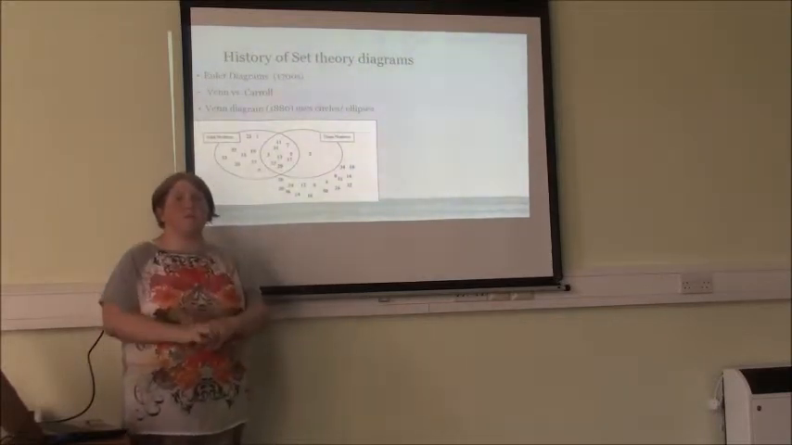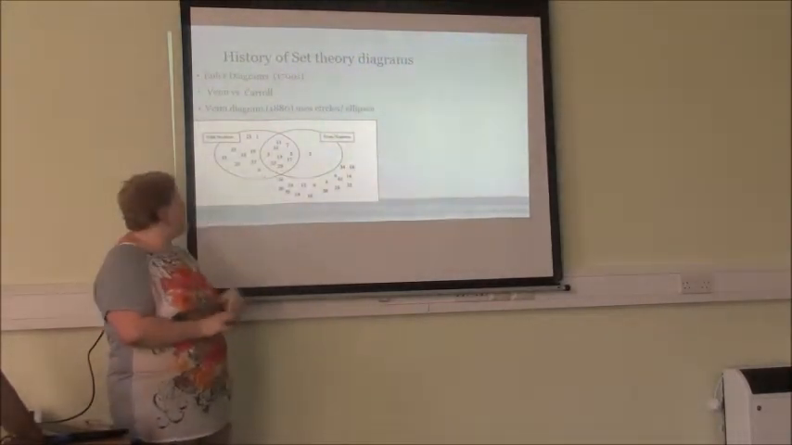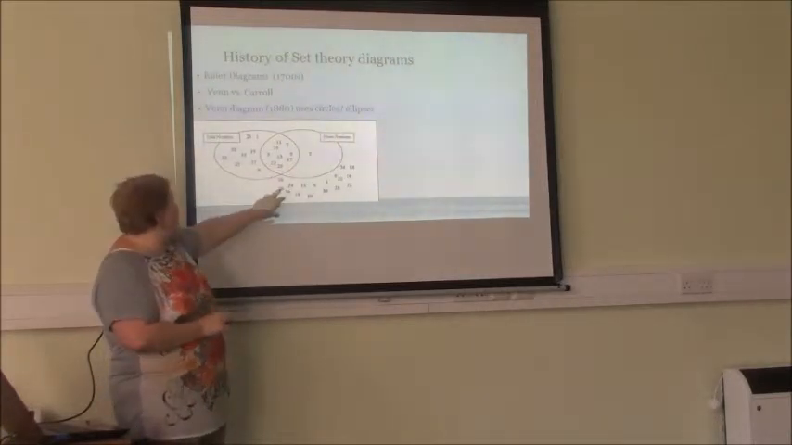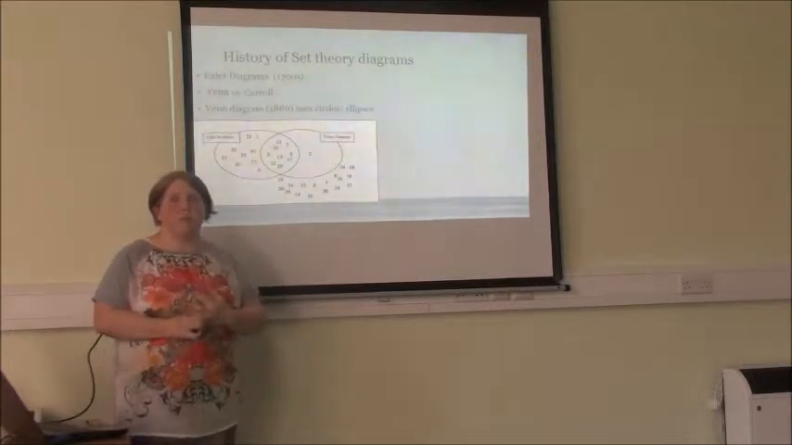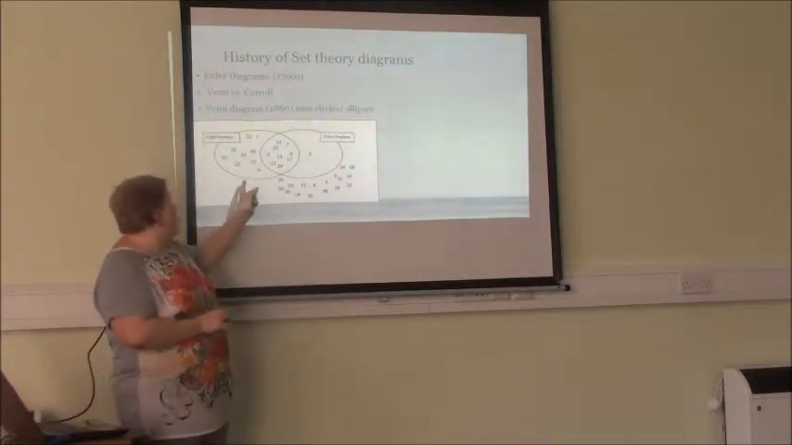So all integer numbers would be the universal set. And then that enabled you very easily to put things outside the circles as well as inside. The other thing that Venn did, as well as putting the universal set into place, was that he insisted that all sets